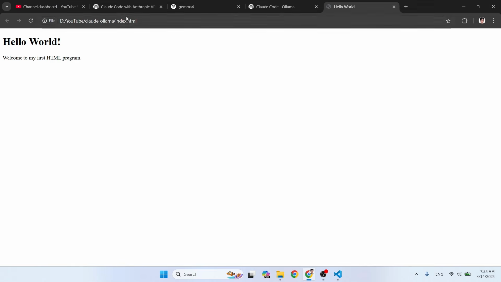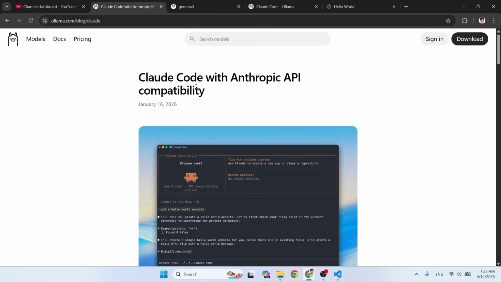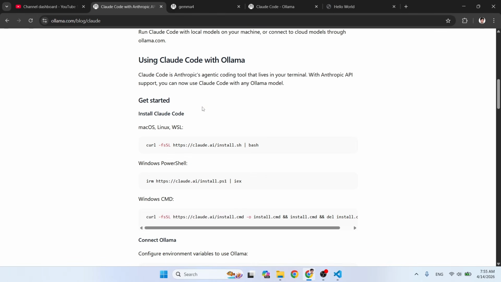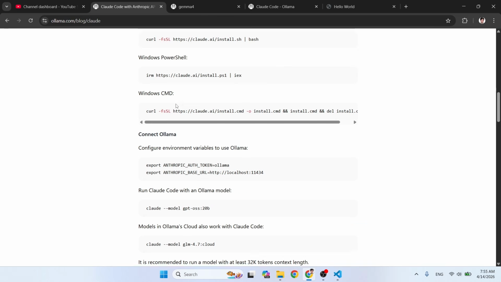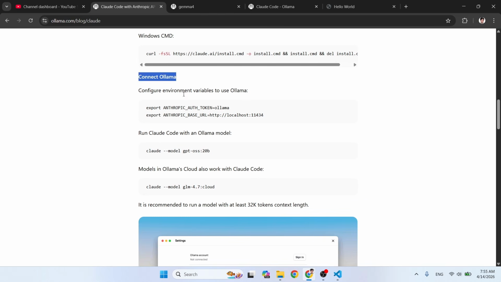But to set it up, come here to the Ollama Claude Code with Anthropic API compatibility page. It says get started, install Claude Code, and then come here, connect with Ollama. So use this for Mac, and for Windows you can use set instead of export, to set the Anthropic token to Ollama and the Anthropic base URL to this. That's it. It was all about how to set up Claude Code with the Ollama Gemma 4